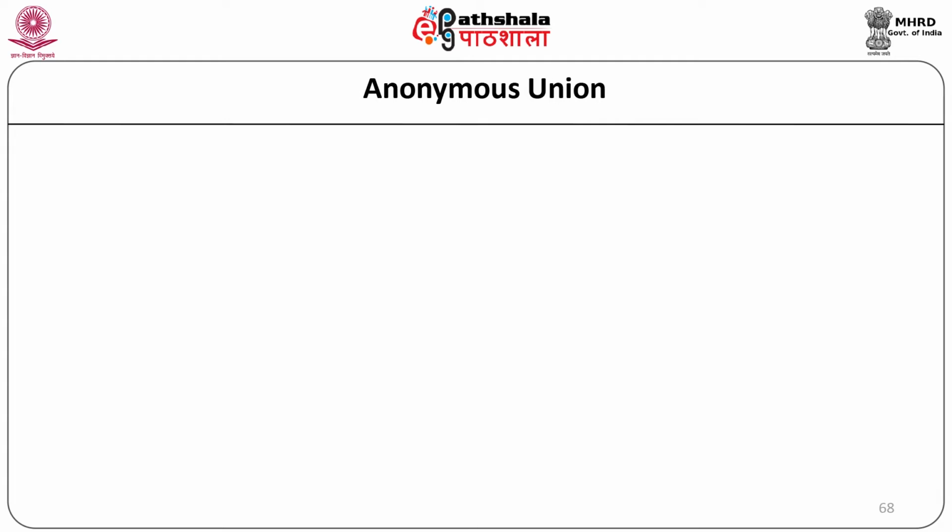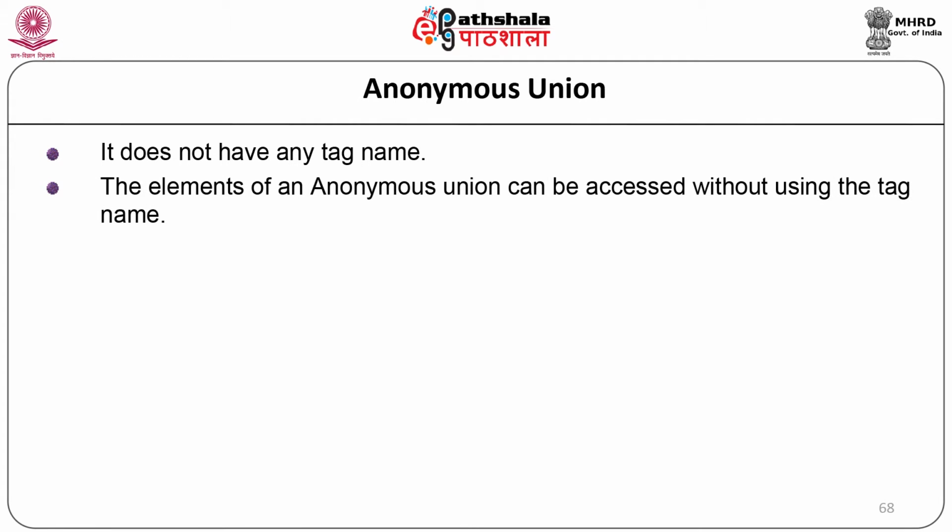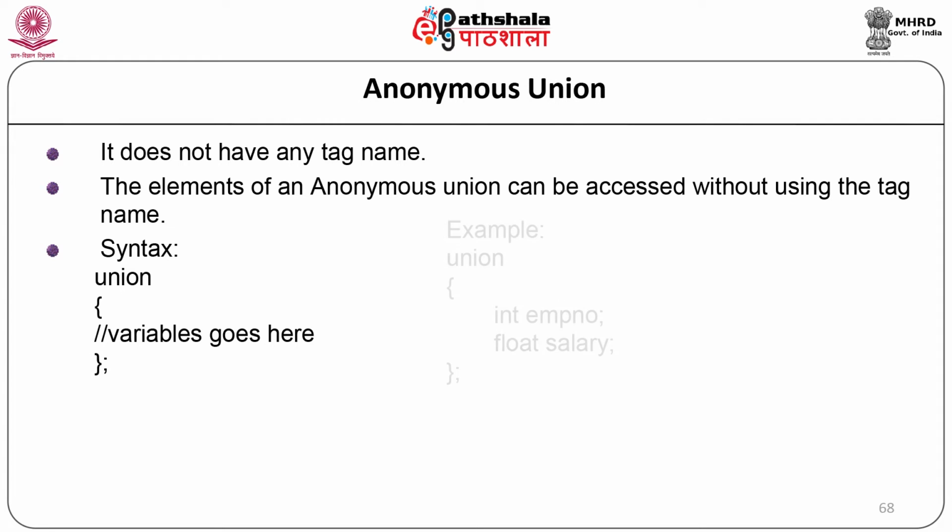Anonymous union. It does not have any tag name. The element of an anonymous union can be accessed without using the tag name. Syntax: union { variable; }; Example: union { int employee_number; float salary; };